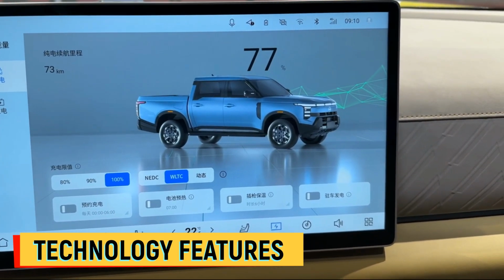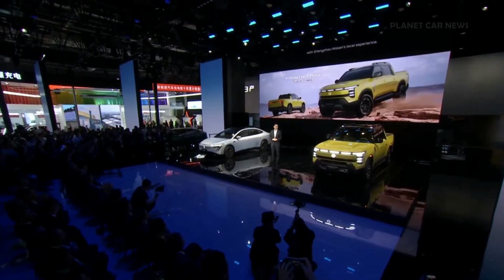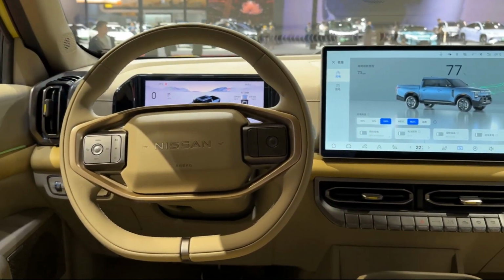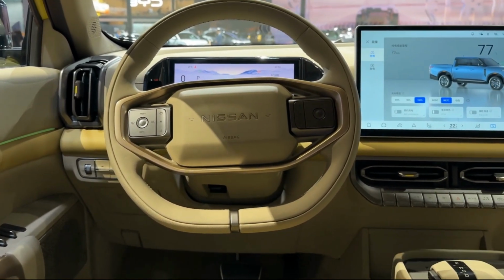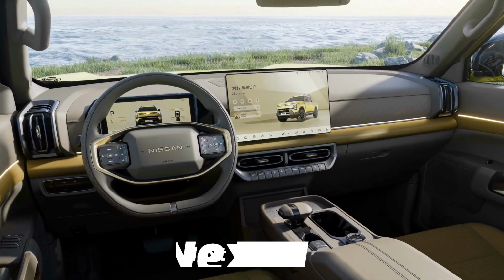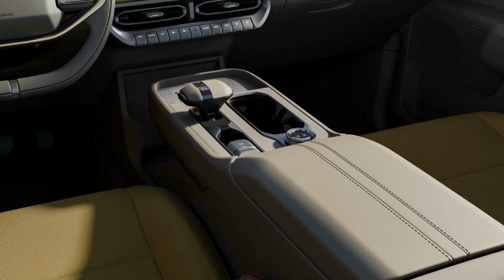Technology features. Technology has seen significant upgrades in the 2026 Frontier Pro, bringing it up to par with more expensive competitors. An 8-inch touchscreen comes standard on base models, with higher trims receiving a crisp 12.3-inch display that includes wireless Apple CarPlay and Android Auto integration. The available Fender Premium audio system delivers surprisingly rich sound quality for a midsize truck, while wireless charging keeps devices